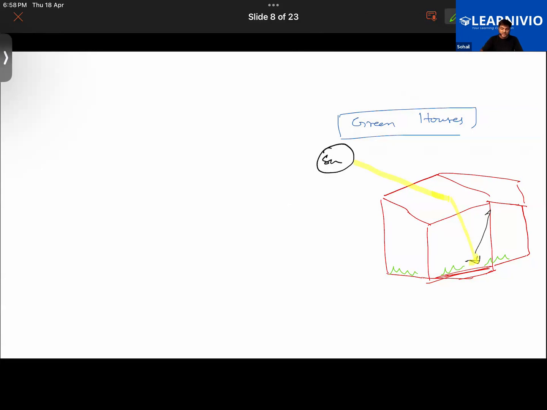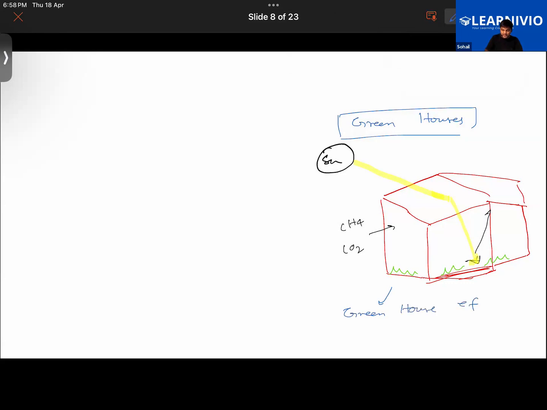Also in this greenhouse, you are supplying gases like carbon dioxide, methane. So these gases are pumped inside it. CH4, carbon dioxide. So that also helps in keeping it warmer because they are known to trap the heat from sunlight. Now, in a similar manner, you have this effect. By the way, this phenomenon is called the greenhouse effect.